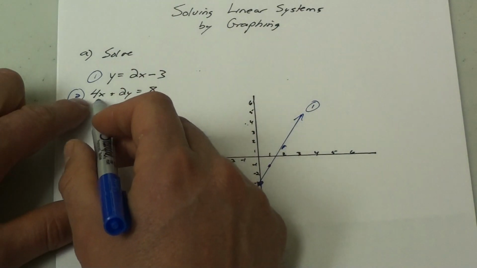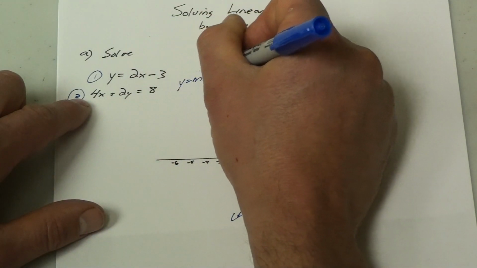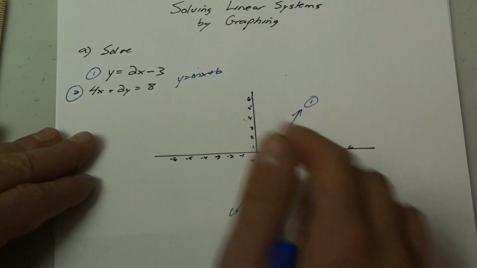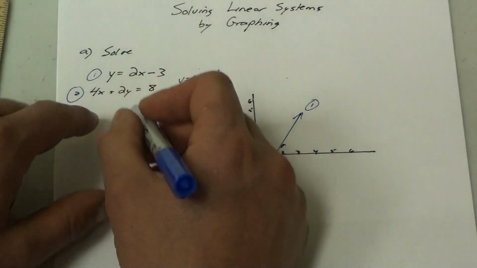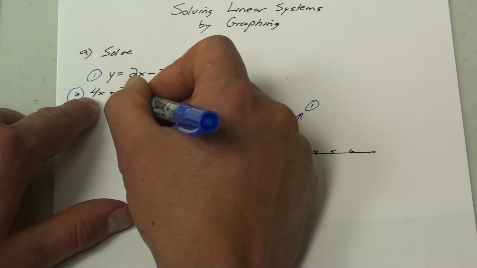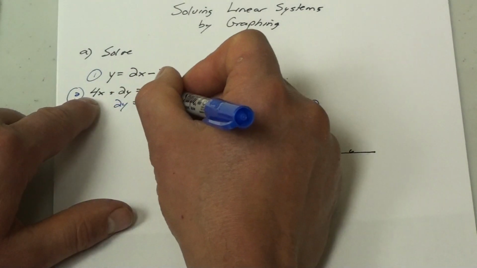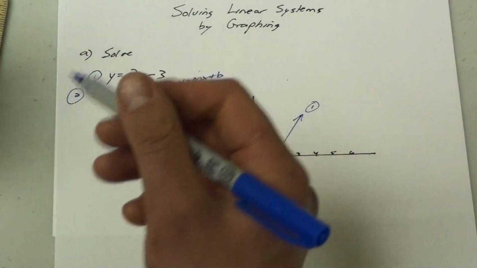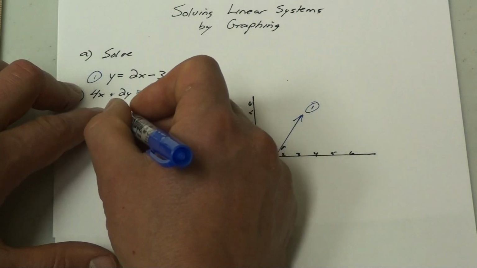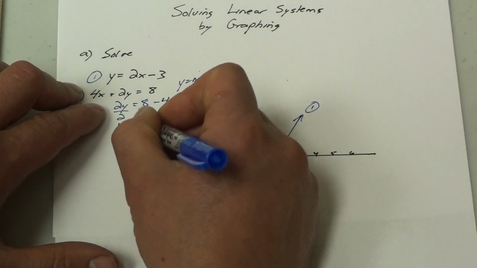Line 2, okay, this is not written in slope y-intercept form. You want it in y equals mx plus b form, preferably, so you can easily see what your slope and your y-intercept are. So I'm going to do a little bit of rearranging and get the y by itself. I'm going to take my 4x over to the other side, so it's going to be 2y equals 8, and then this plus 4x will turn into a minus 4x. So it's on the other side. I'm going to subtract 4x from both sides. Then I have to divide by 2 to get just the y by itself. So I divide by 2, I'm dividing everything by 2. That's going to get y equals 4